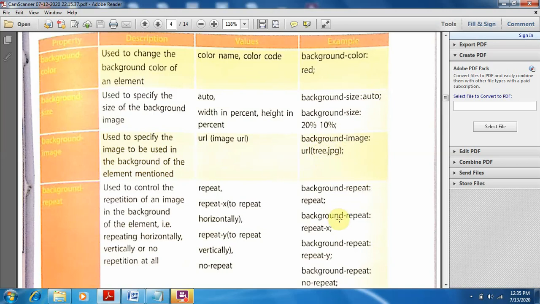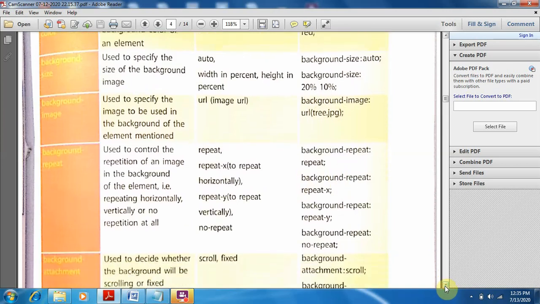Okay, then next is background repeat, used to control the repetition of an image in the background of the element, that is repeating horizontally, vertically, or no repetition at all.